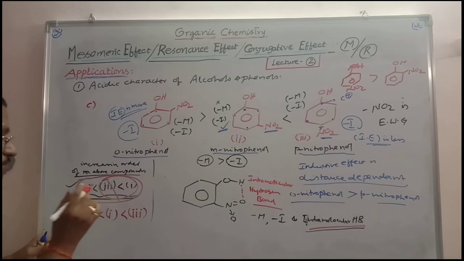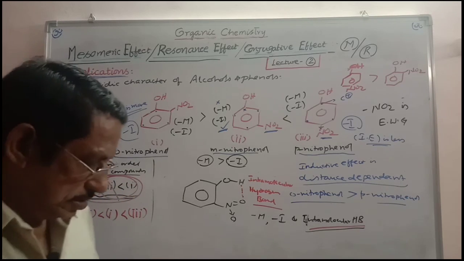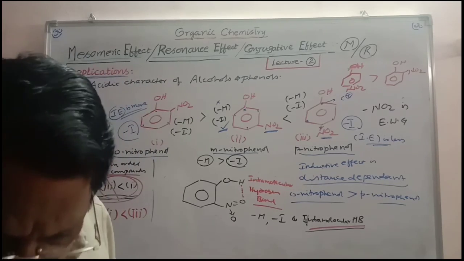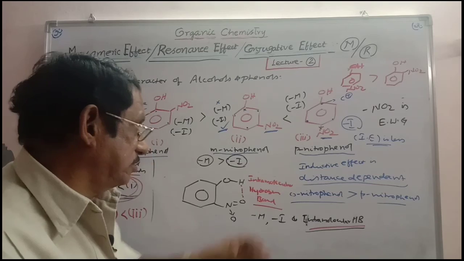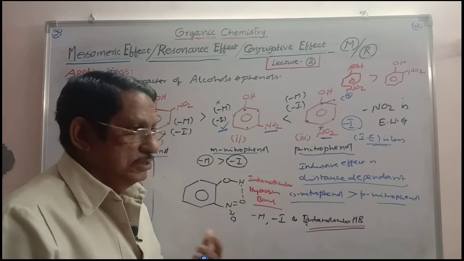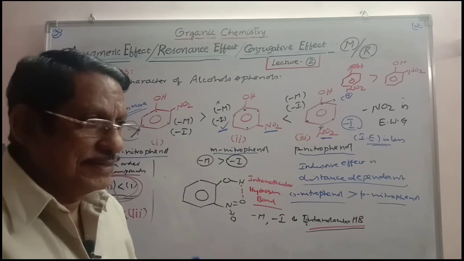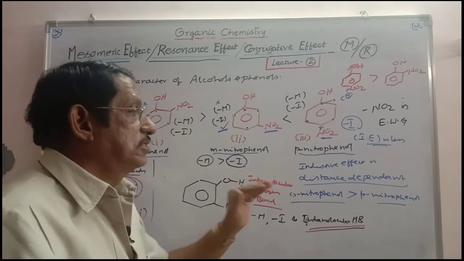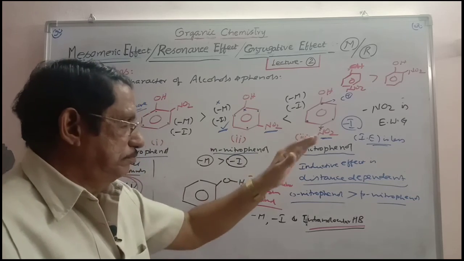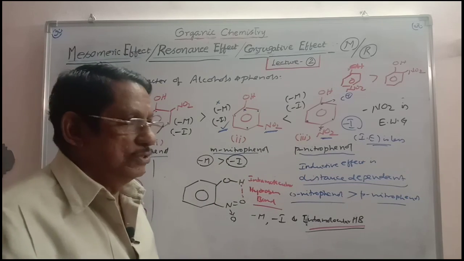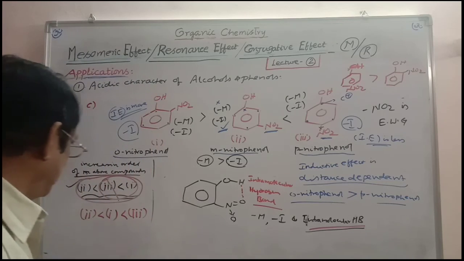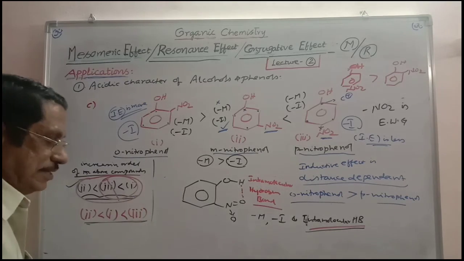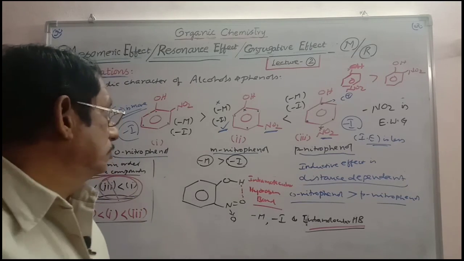This order is reversed due to intramolecular hydrogen bonding, which is seen here. And so this is the correct explanation. You have to also consider intramolecular hydrogen bonding, which is possible in the case of orthonitrophenol, making it slightly less acidic than paranitrophenol. So the result is altered. Bearing in mind all these points, you have to give the total explanation, and this is the correct order. This is the correction you have to make in the previous answer. Right? Thank you very much.